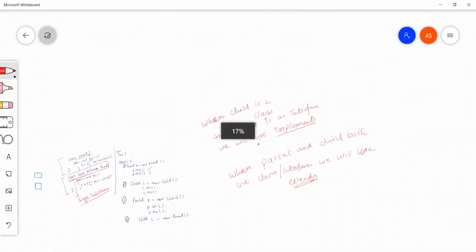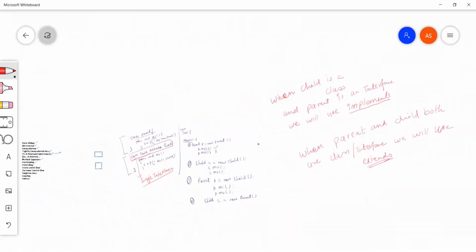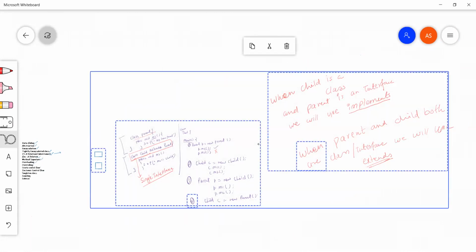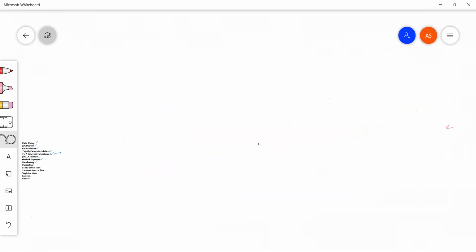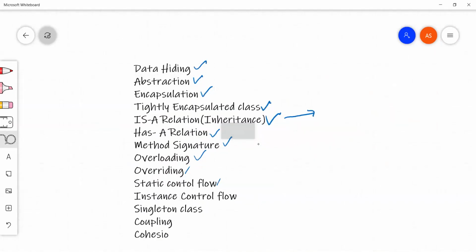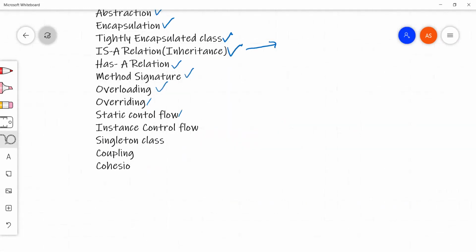So between the same types, we can write extends. If it is different types, we have to write implements, and there is no choice. Class to class, or interface to interface, means we have to write extends, and if it is class to interface, we have to write implements, right? Yes, exactly.